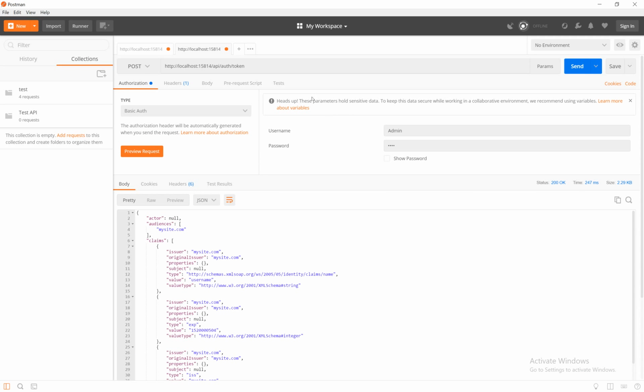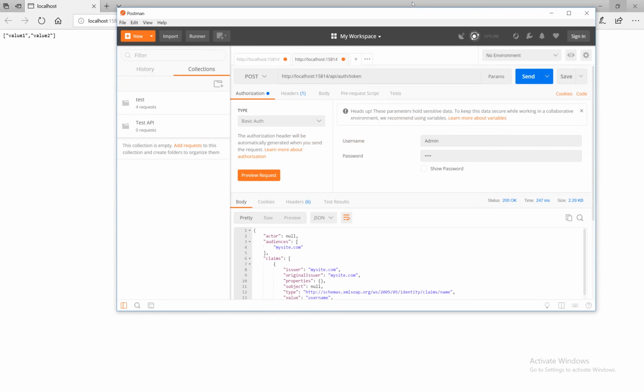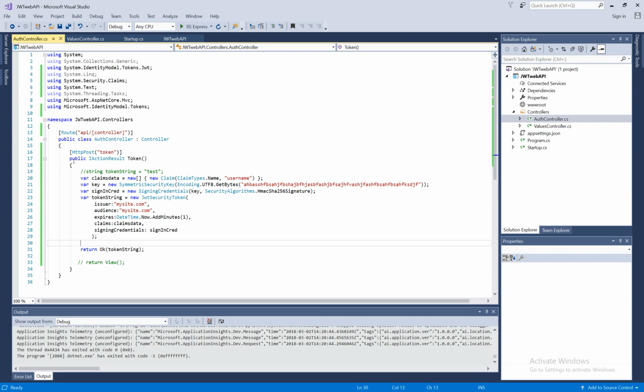So that's the next step you're going to do. So let's minimize this and go back to our application. The one step we haven't done yet is to send the token, send the proper token to the user. So now we're going to create the actual token. Stop this. Variable. I'm going to change this to token, and we're going to create token string equal to